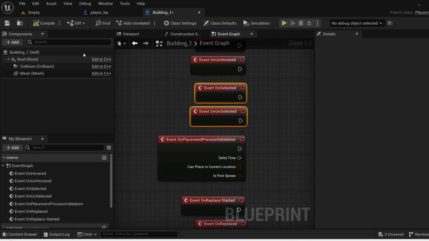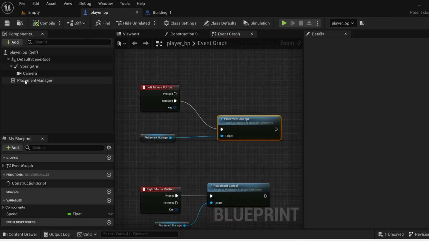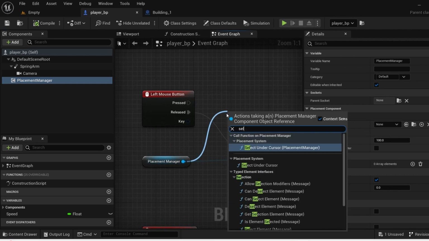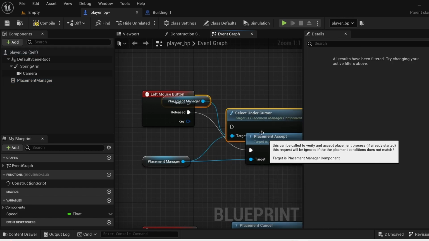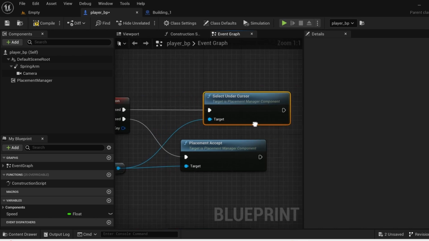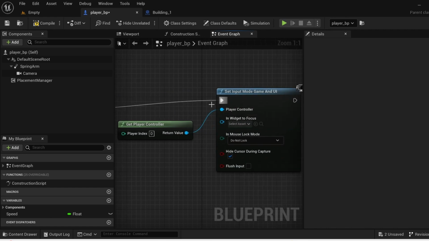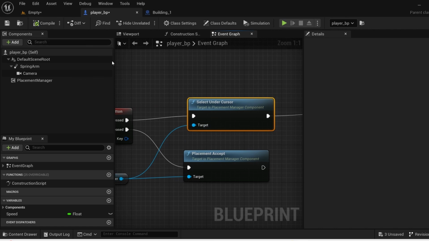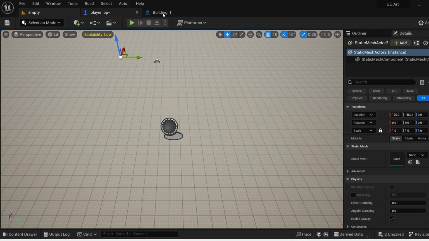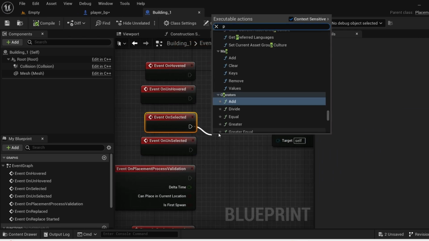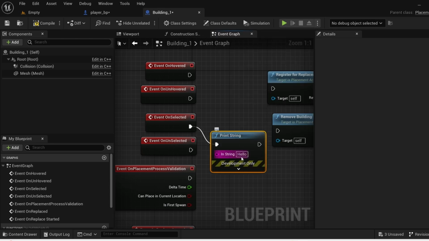Now, what I mean with this, there is a function inside the placement manager called select under the cursor. This allows us, let's say when we press the left mouse button, to call this. I would just like to connect this. This will select any building that is under the cursor. So let's see. This is the on select. I'm going to just print something. Let's say print